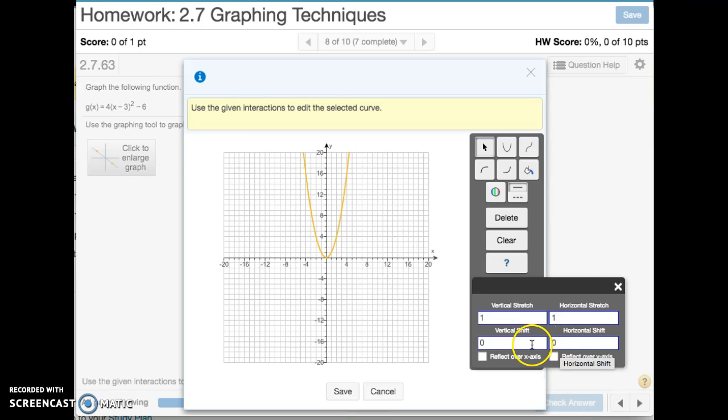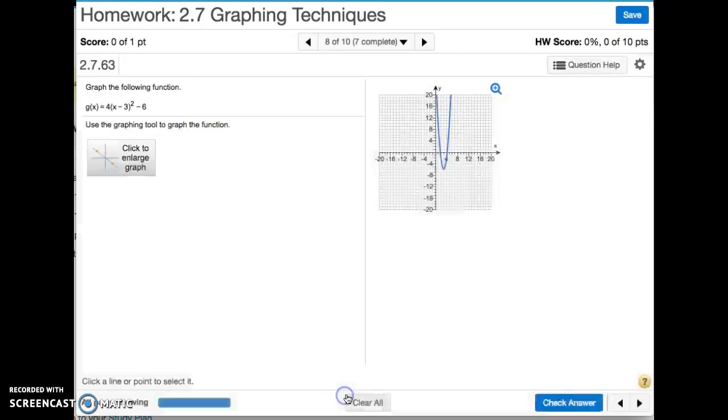So in terms of the horizontal shift, our -3 in the parentheses results in a +3 horizontal shift, a shift to the right 3 units. And the vertical shift, that's the -6, the vertex will be lowered by 6 units. So we're going to type in a -6. And now we need to apply the stretch. That factor of 4 means that we're going to have a very narrow looking parabola. We're going to save and